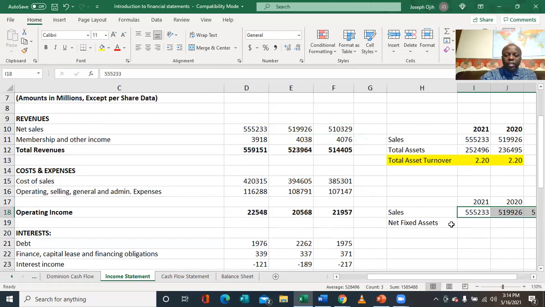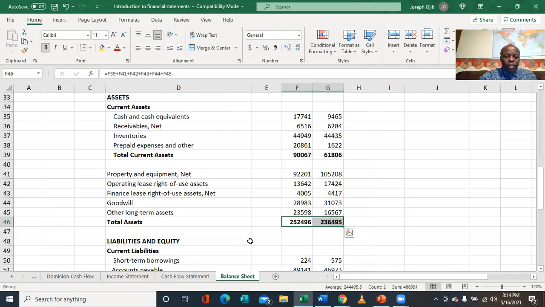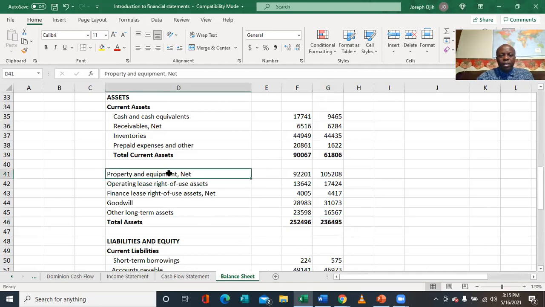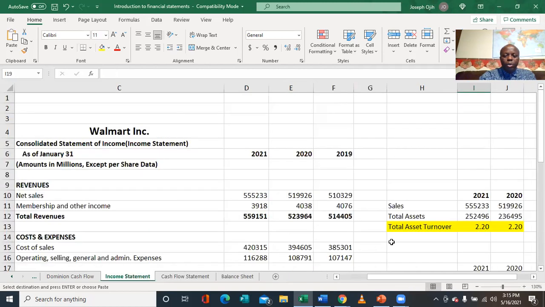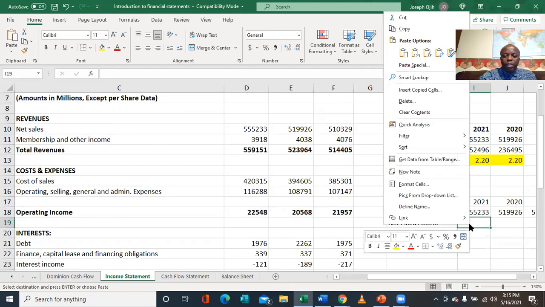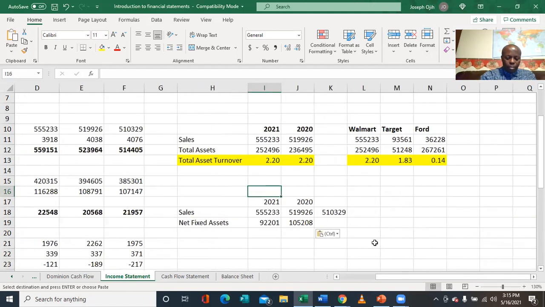Now, net fixed assets is one you cannot get from the income statement. You can get that from the balance sheet. So we go to the balance sheet for Walmart. Like I said, net fixed assets we use for Walmart to be the property, plant and equipment, net. So I use this. We have it for 2 years. Okay, I'm gonna copy it, then take you to the income statement. Where are we now? Paste it here. Okay. So with this, we are ready to calculate our